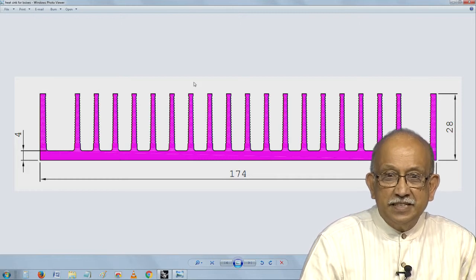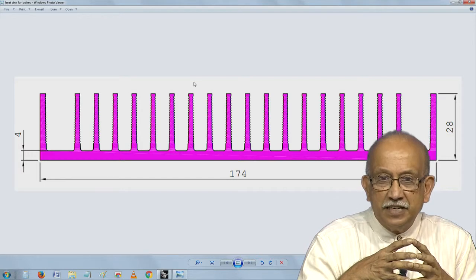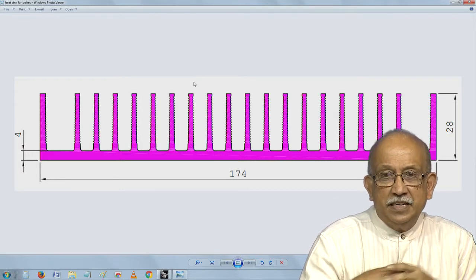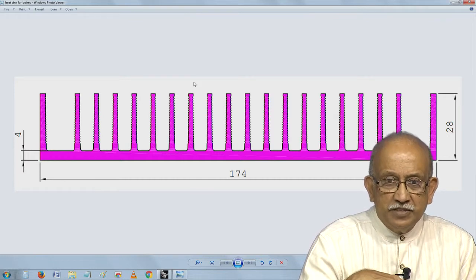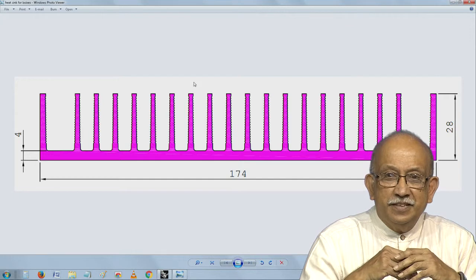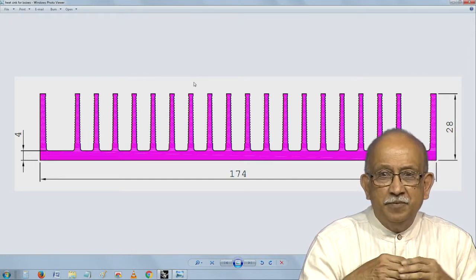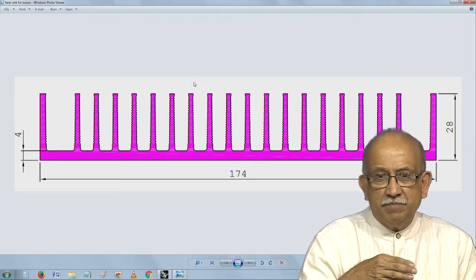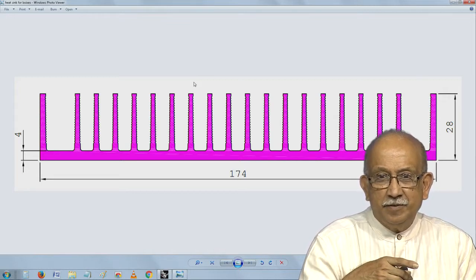choose a heat sink as a starting point, saying when the heat sink is kept in the fins vertical position and you select something from the catalog, and then you see here I wanted to jump from here to the way how do you create this heat sink from the catalog, and then how do you try to use it in your equipment. So, I have randomly picked up something which is a profile which is 174 millimeters wide and